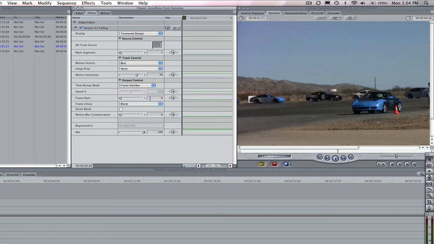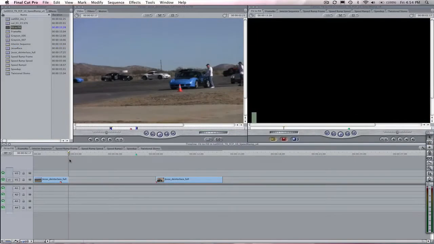When speeding up or slowing down with the frame number option, you can have the first frame or the last frame start and end exactly where you want by using the frame number remap method instead of the speed percentage. In this example, let's say we want to make the first clip on the timeline be 2 seconds long. This first cut ends at 2:17, and we want to shorten this clip to end at exactly 2 seconds,